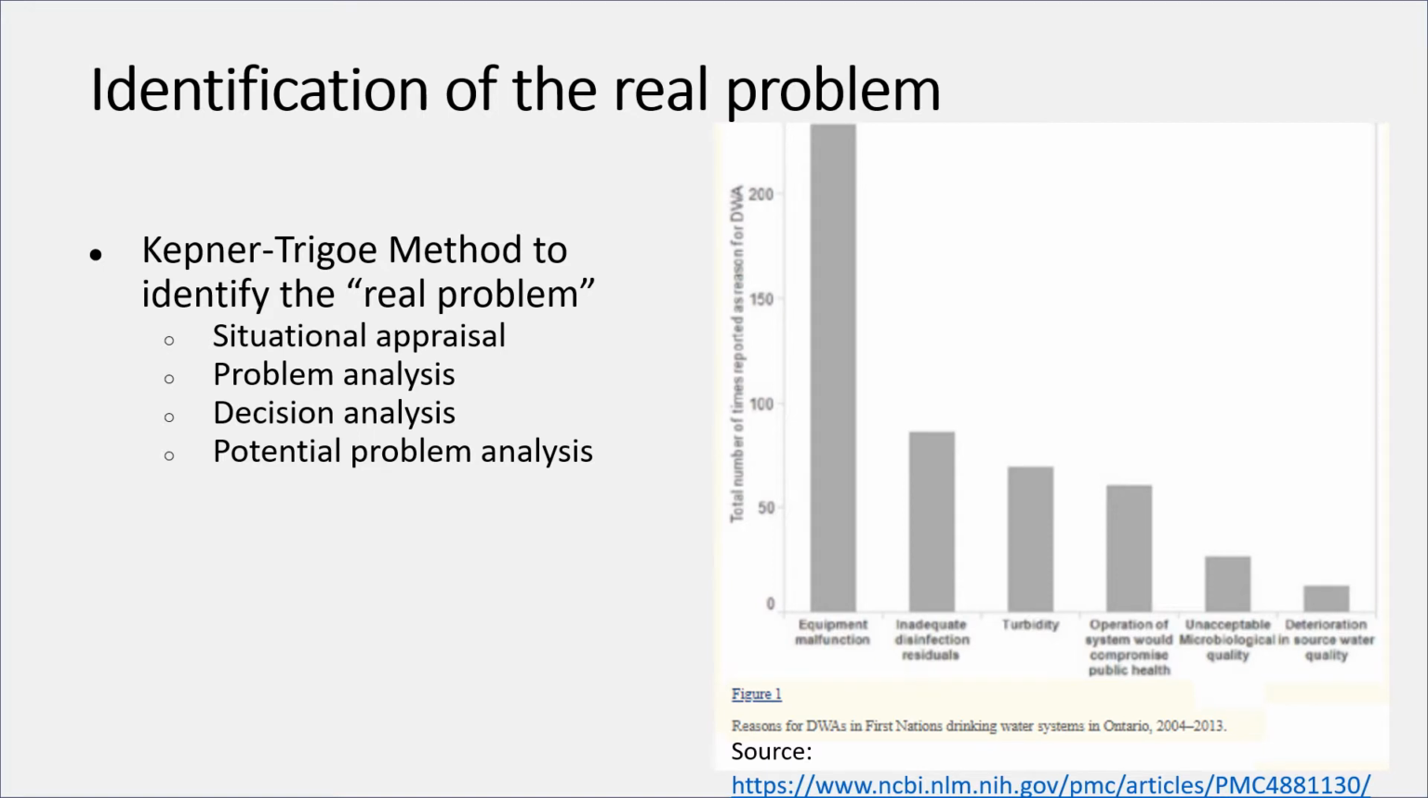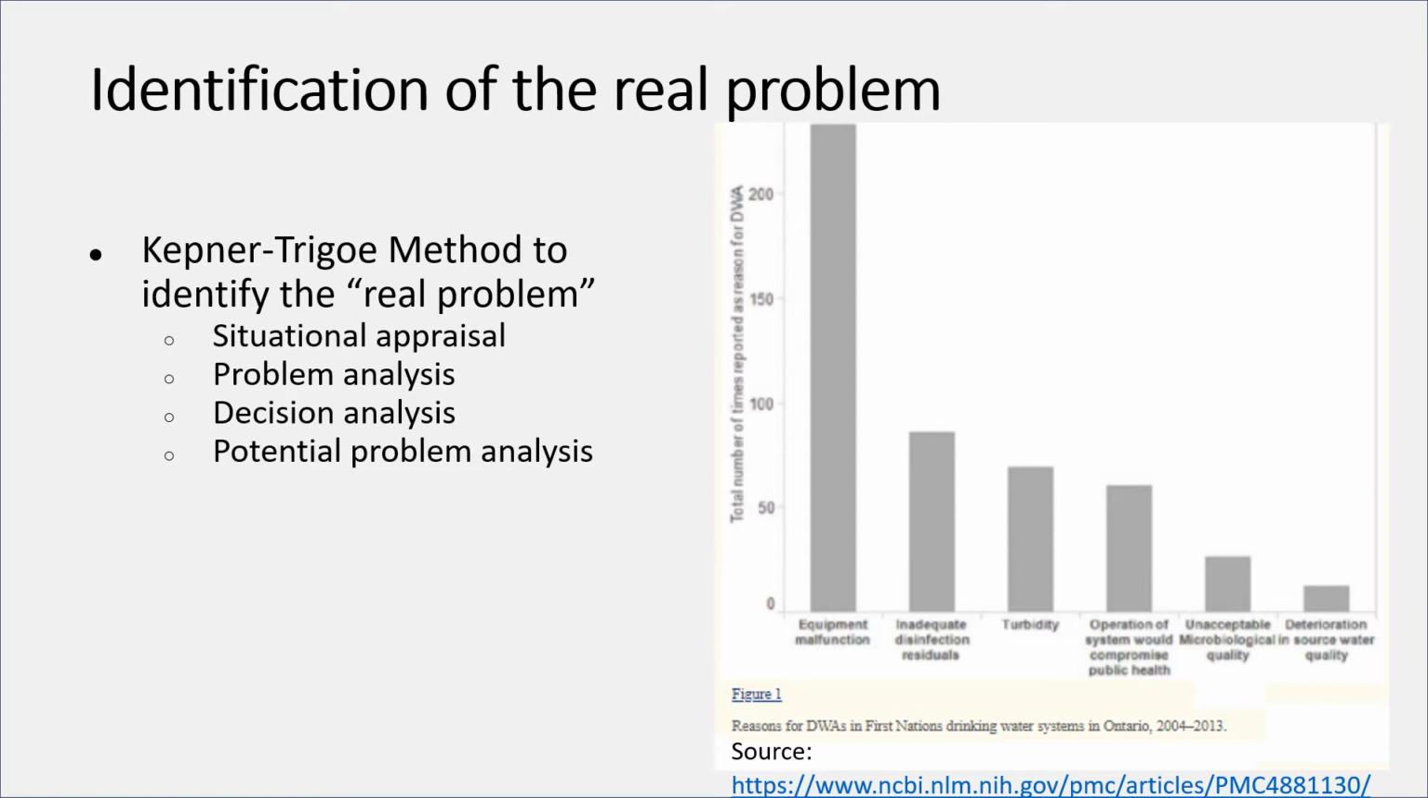On the right, you can see a bar graph from a recent publication that shows the major causes of water advisories among First Nations communities in Ontario. In the decision analysis, we did additional research and selected the three most common causes. The primary causes we found were issues with equipment, such as neglected water treatment systems or corroded pipes, inadequate disinfectant residuals, like chlorine not being sustained with at least 1 part per million, and issues with turbidity, which reduces the